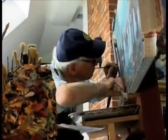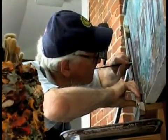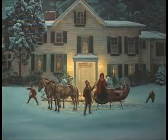When it came to painting the Civil War, I found that there were many, many areas that had never been touched on. So although people think of me as a Civil War artist, I've really painted the history of America. But within the genre of the Civil War, I've done very few battle scenes. Very often it's a genre street scene with women and children, and it just happens to take place between 1861